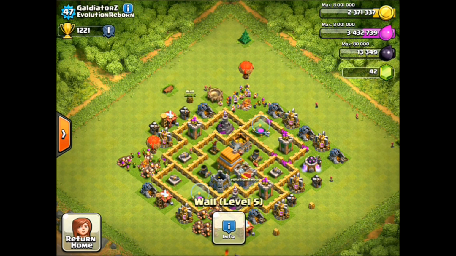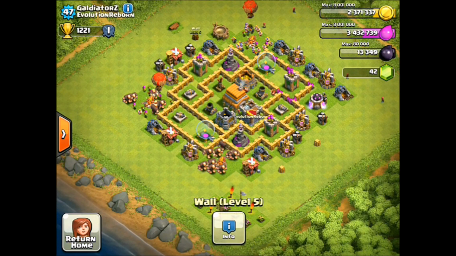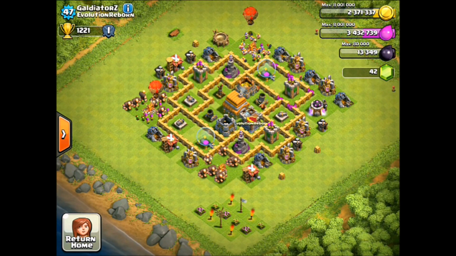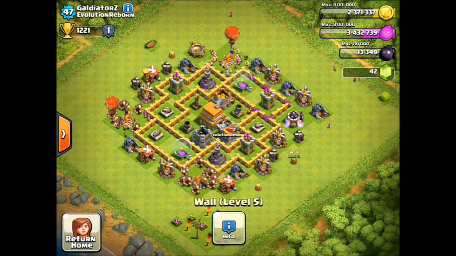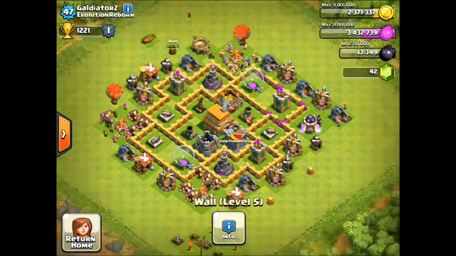Maybe you could, okay, you have some extra walls out here. Okay, that's something I didn't see. You should probably put those walls inside your base, because just pushing out how far your attacker has to place troops doesn't really affect too much of the battle. So I'd say that you should move these 3 walls that you have on the outside, put one here